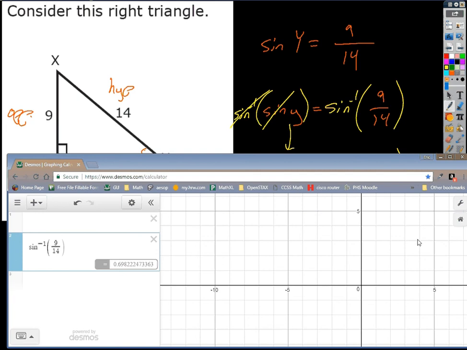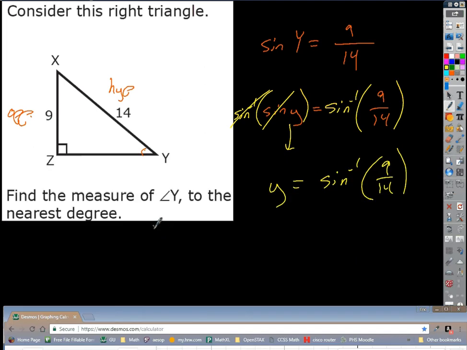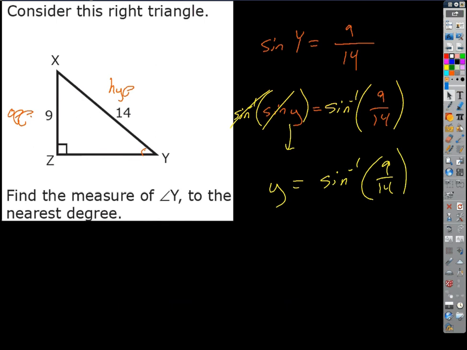But hold on, one last thing. Now I need to put it in degrees. Yours will be in degrees. This wasn't the SBAC one. But if I put it into degrees, it tells me what the angle is. Doesn't that make sense? So it's about 40 degrees. Okay? That'd be the answer. That's right. Find the measure to the nearest degree, 40 degrees. Okay? Why could we just type in sine square, like square